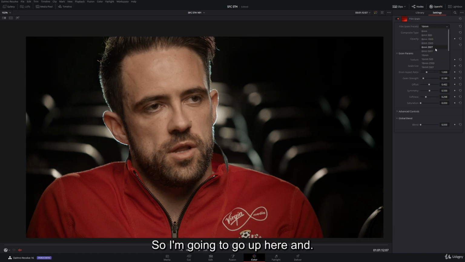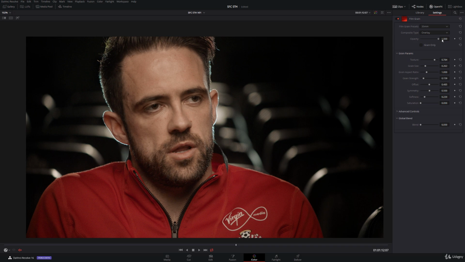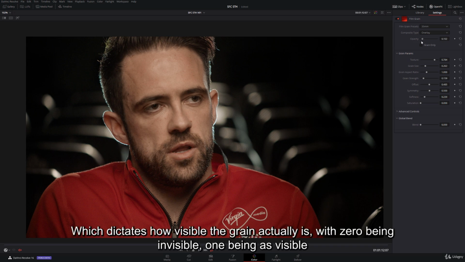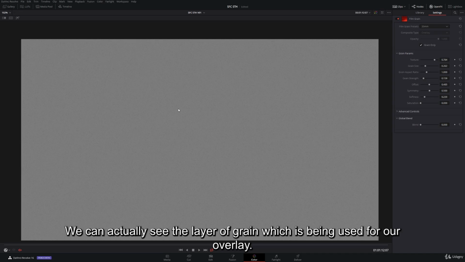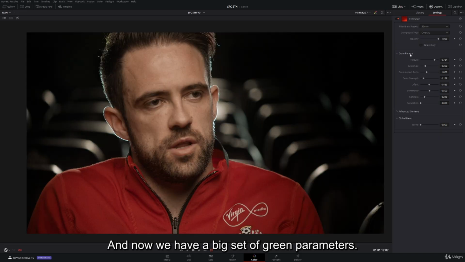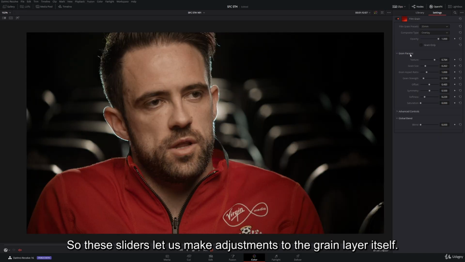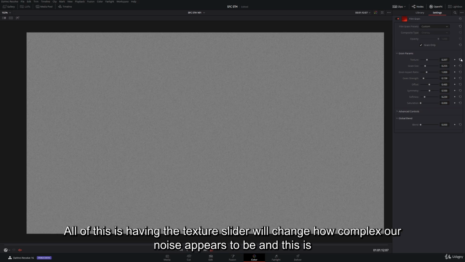So I'm going to go up here, and I like 35mm. I'll pick 35mm film for this one. Now after that we have opacity, which dictates how visible the grain actually is, with 0 being invisible, 1 being as visible as possible. If we check the grain only box, we can actually see the layer of grain which is being used for our overlay. And now we have a big set of grain parameters. So these sliders let us make adjustments to the grain layer itself. So for example, if I put grain only up here, you can actually see the difference all of this is